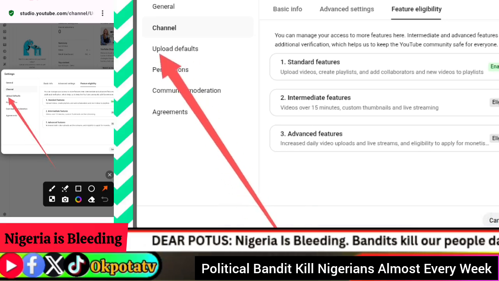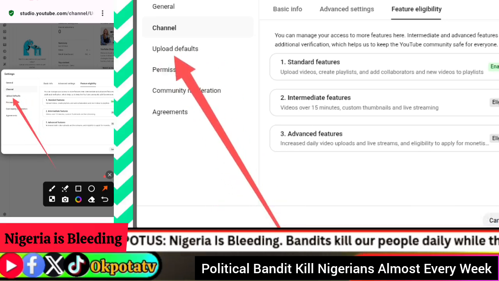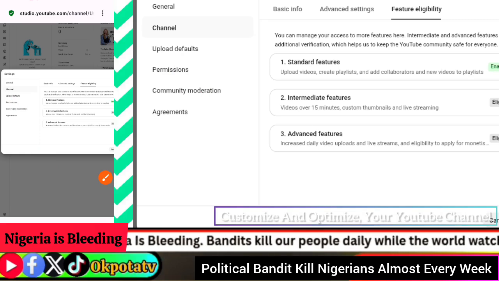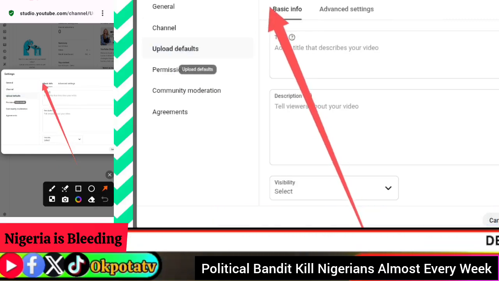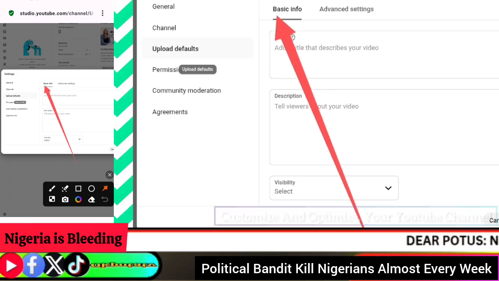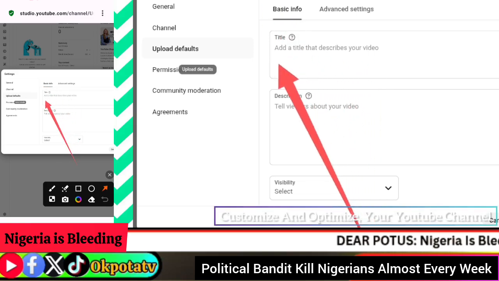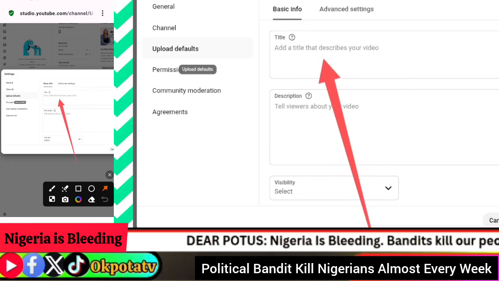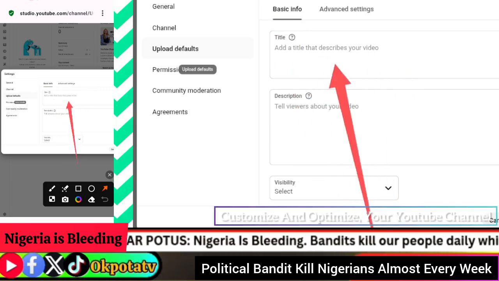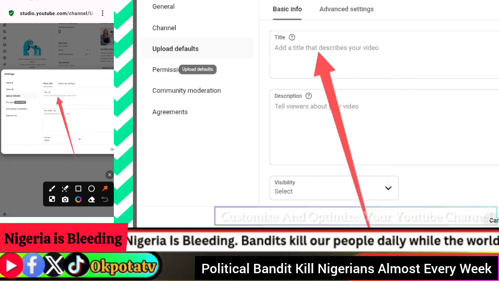After you have saved it, you go to the next option here, which is upload default. You touch on the upload default. Under the upload default, you will see basic info, and under the basic info, you come down to add a title that describes your video. So this particular option here is where you are going to put the title,